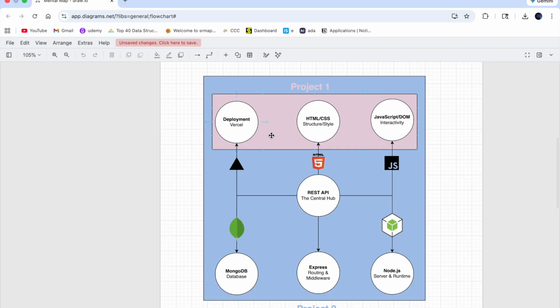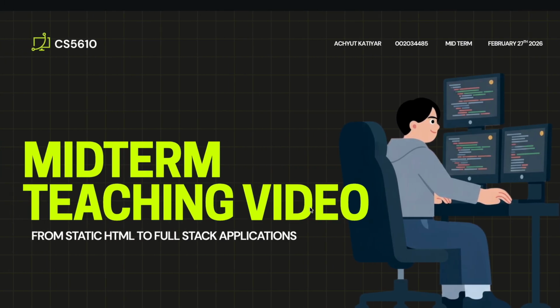So notice how the color coding goes here. The pink area shows the personal homepage, all the bubbles that were covered by the personal homepage, and everything else, which is inside the blue bubble, was covered by SkillSwap. Okay, so let us start with